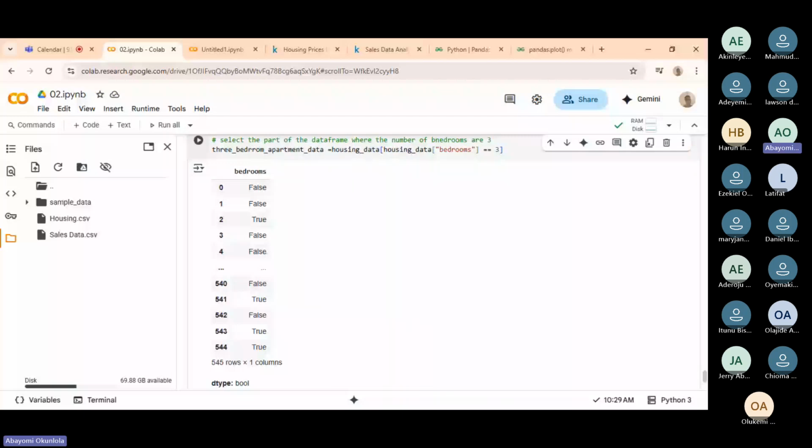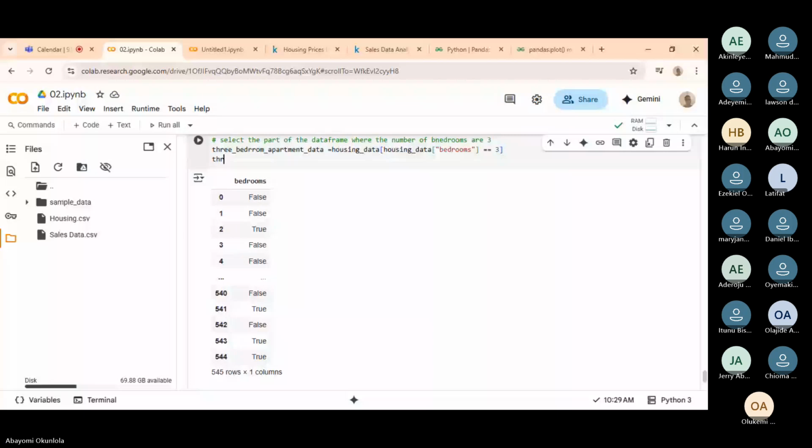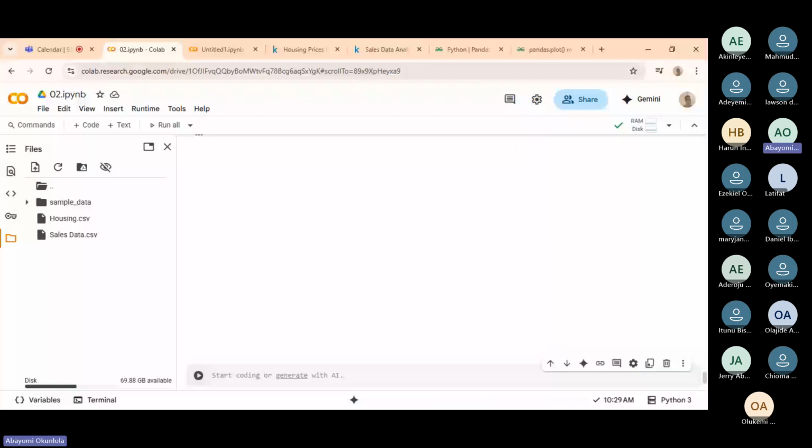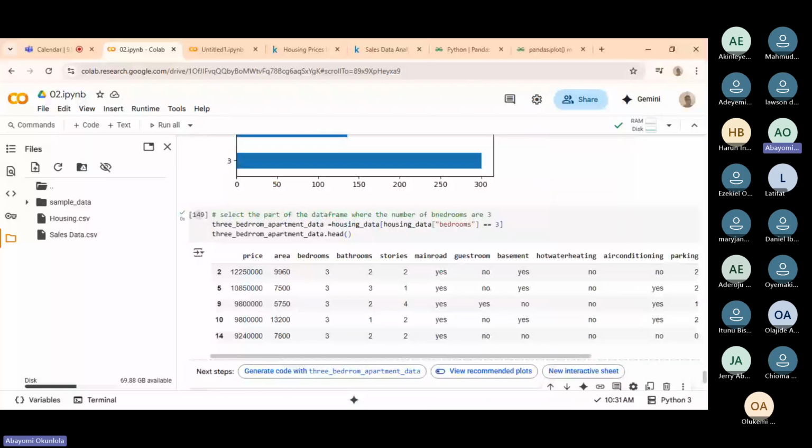So if you do 3-bedroom apartment dot head, we have just selected only the 3-bedroom apartment. That's just what we have selected now. You can now choose to, okay, let's calculate the mean